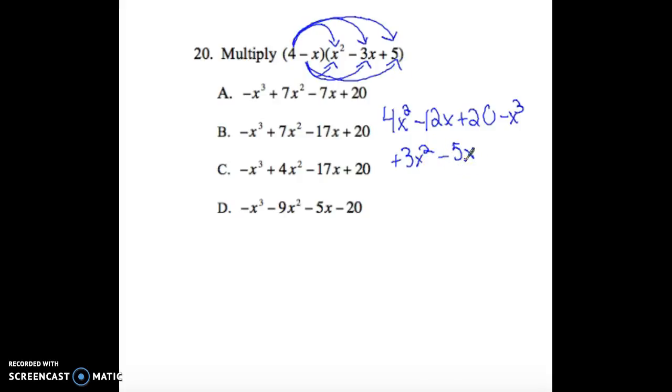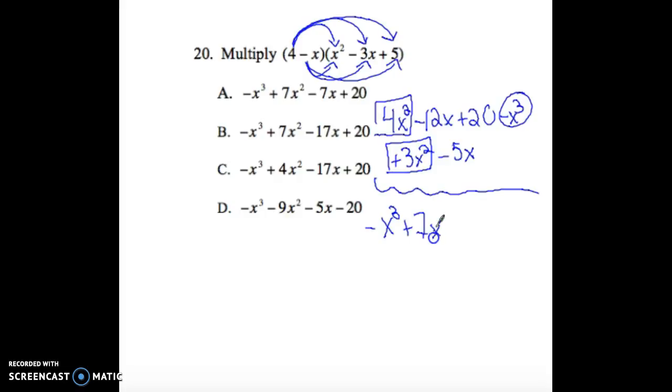So then I'm going to go ahead and combine like terms. I'm going to make a little mark, so I'm going to start combining here. I'm going to start with my highest exponent, negative x cubed. And then we have positive 4x squared plus 3x squared is positive 7x squared. Negative 12x minus 5x is negative 17x. And then plus 20, which gives you an answer of